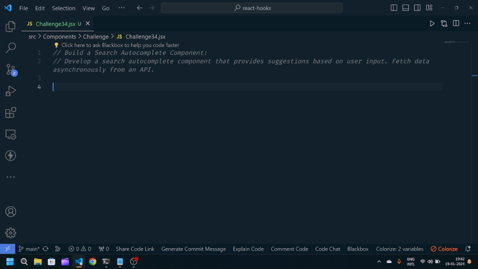So as you can see here, we have a problem statement, which is: build a search autocomplete component. Develop a search autocomplete component that provides suggestions based on the user input, and we have to fetch data asynchronously